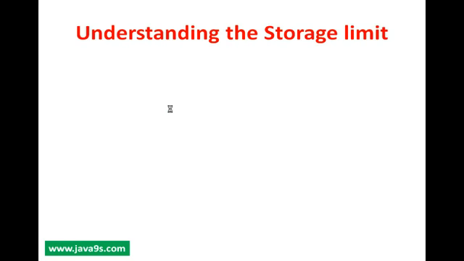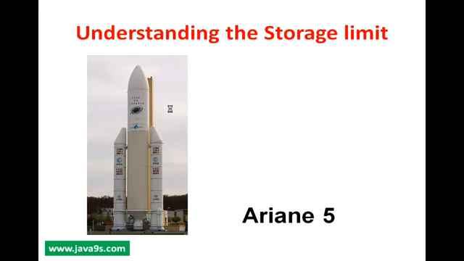And remember, one should have a very good understanding of the limited range of numbers that these primitive data types can store. Very important to understand. I would like to explain this with an example. Ariane 5 is a rocket launching vehicle which used one of its software packages from Ariane 4, which is an earlier version. But Ariane 5 can fly to higher heights than Ariane 4. So because of which